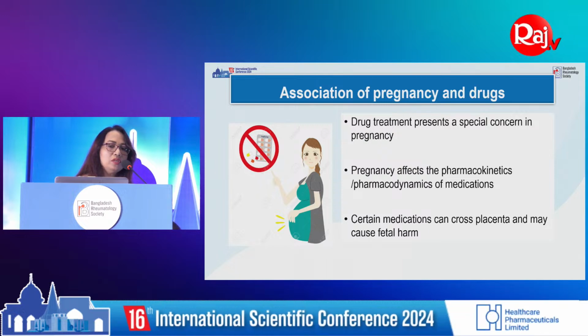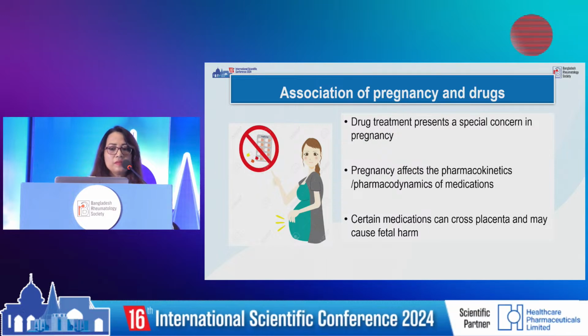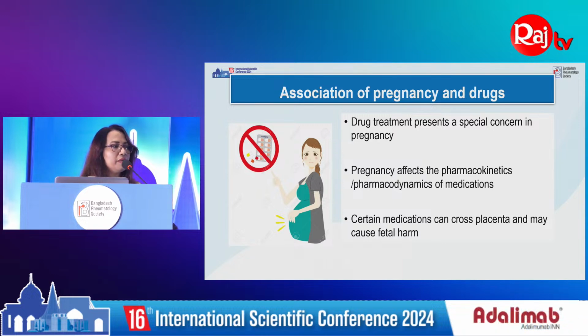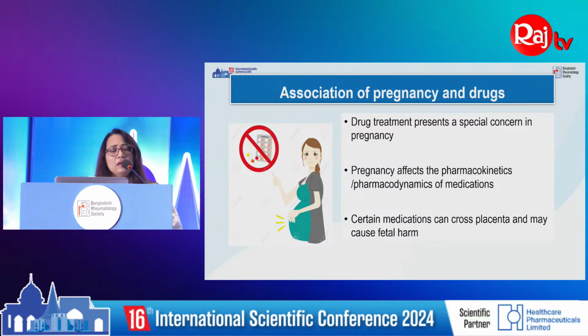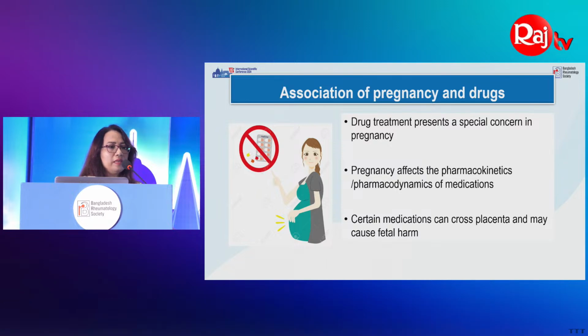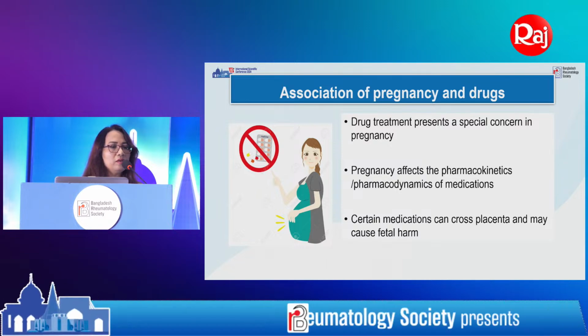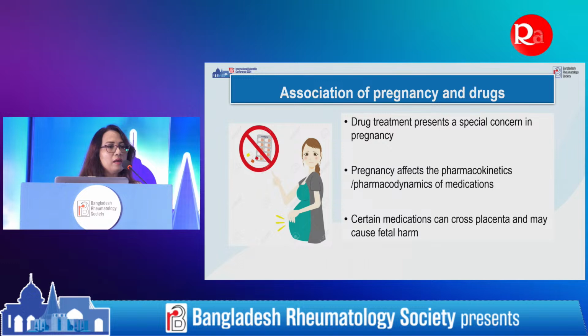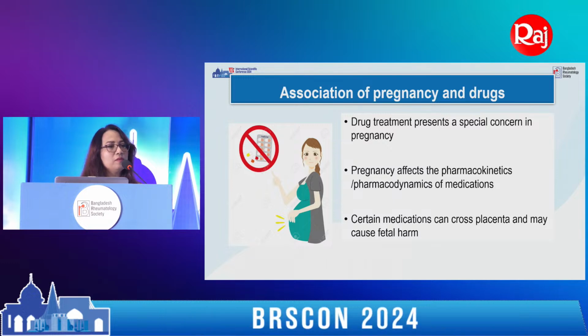Let's see some association of pregnancy and drugs. Drug treatment presents some special concern in pregnancy. We all know when a woman gets pregnant, the first impulse is to stop all the drugs. So this is very important that in patients with chronic conditions, the drug has to be continued for successful outcome